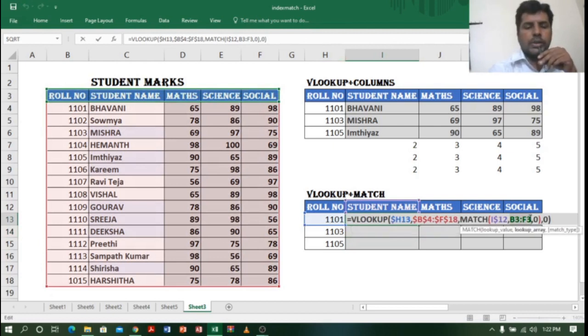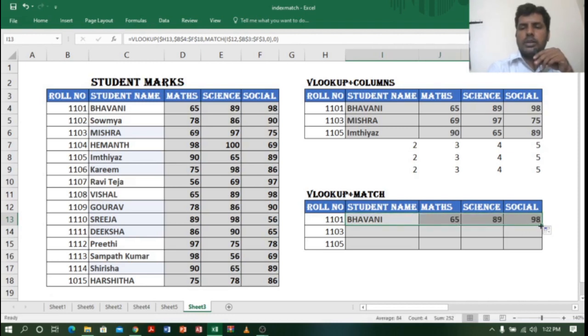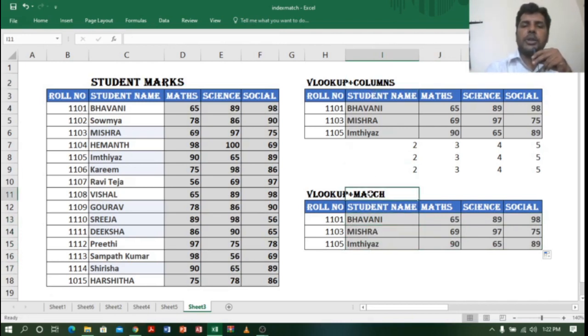Okay, so I will use function F4. Okay, enter. Right, now let me drag this one. Nice, let me drag down. Nice. Now my VLOOKUP has become a dynamic VLOOKUP by using VLOOKUP plus column and VLOOKUP plus match. But there is one difference between VLOOKUP plus column and VLOOKUP plus match. Suppose if you ask me which one we will use, VLOOKUP plus column or VLOOKUP plus match, I will use